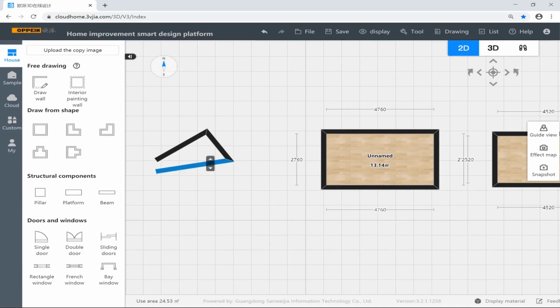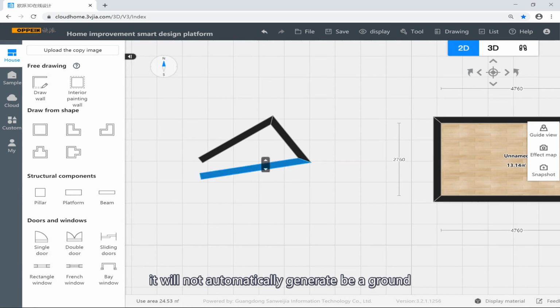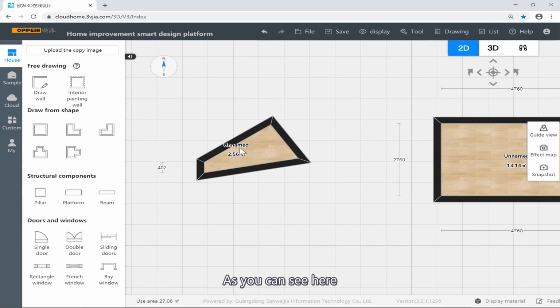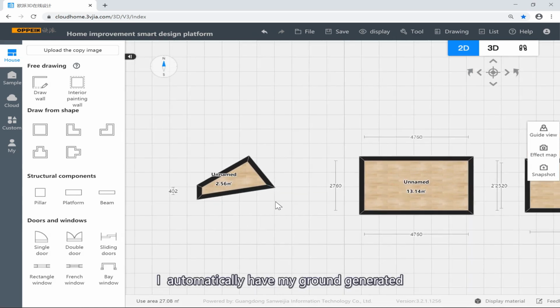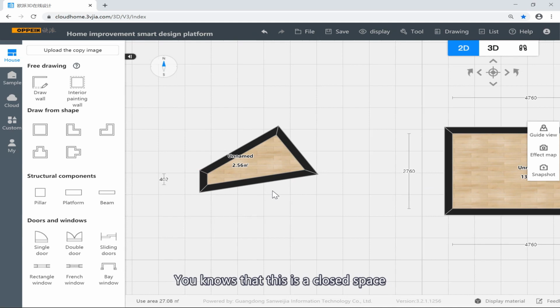and I stop drawing. It will not automatically generate a ground. Why? Since this space is not closed. If I draw a line between these 2 points, as you can see here, I automatically get my ground generated. So whenever you see something like this, you notice that this is a closed